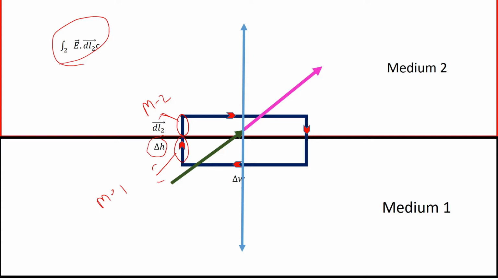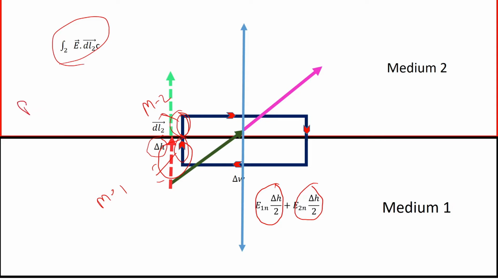So I can split this into 2 halves, and I can see that for the second half, the electric field is the electric field component along the normal, and for the other half, this is the electric field along the normal but in medium 2. So when I dot these two, for this part I would be getting E1n delta h by 2, and for this part I would be getting E2n delta h by 2.